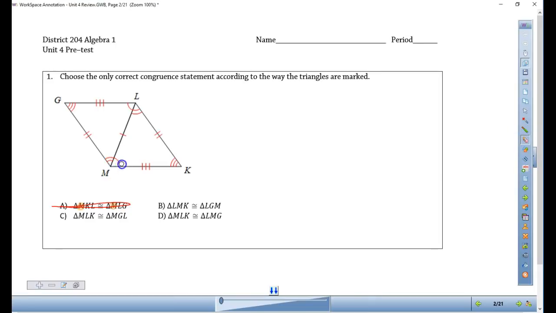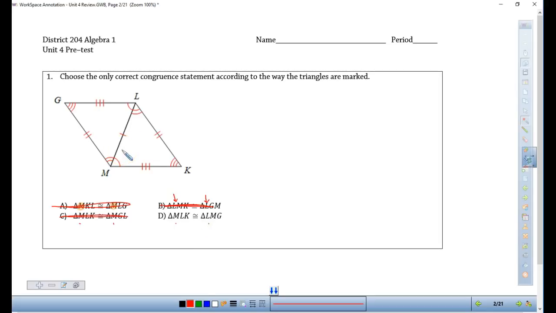Then if I look at choice B, it says L would match L. And again, if we look at those two L angles, this one and this one, they don't match each other. So that's out too. Then M and M, we already ruled that out, so we know that can't work. So if we look at M and L,